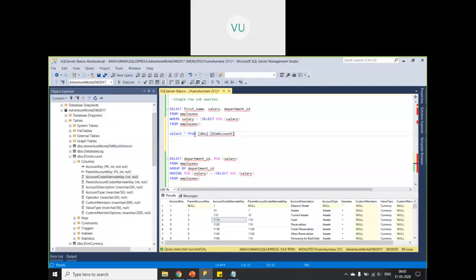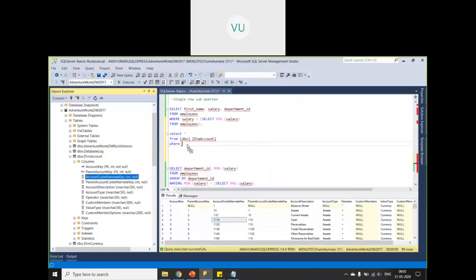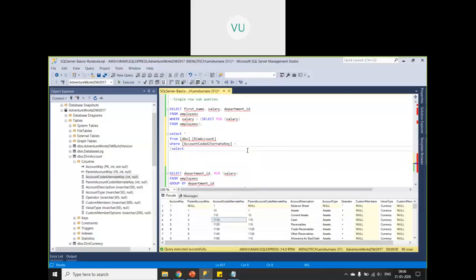So I'm saying select star from this particular table, and I want to apply a condition where account code alternate key equal to, and I'm opening my subquery: select min of the same column value from the same table.